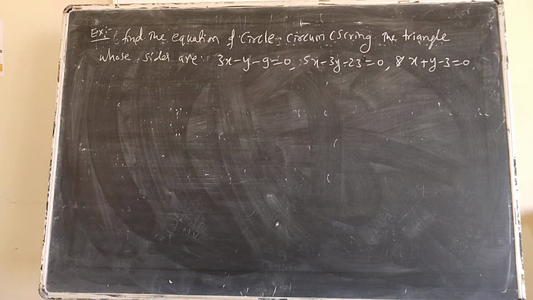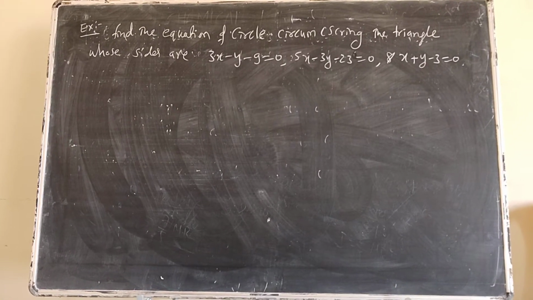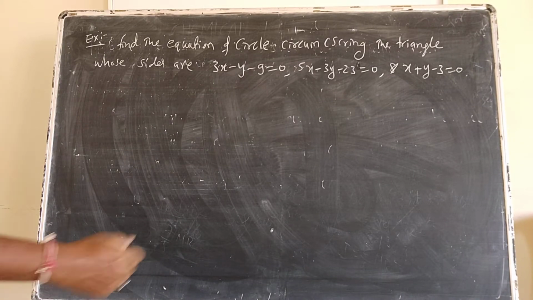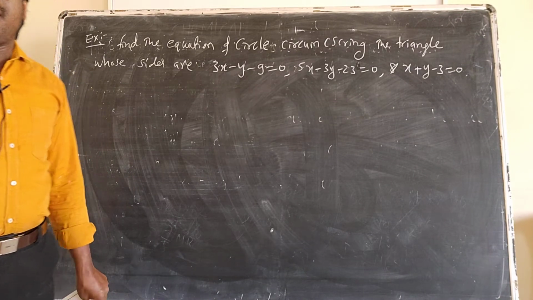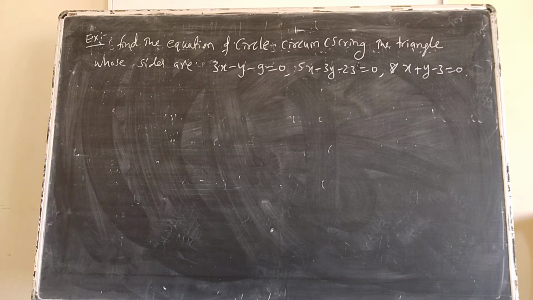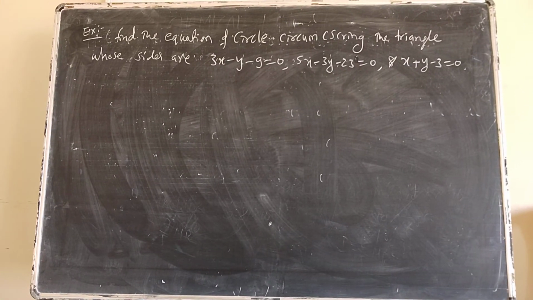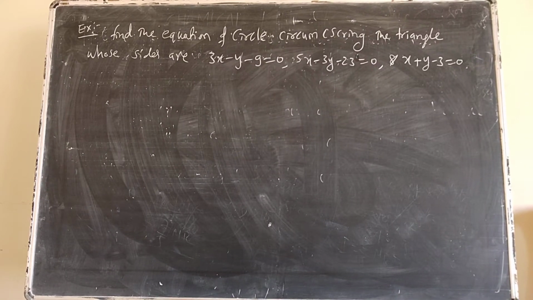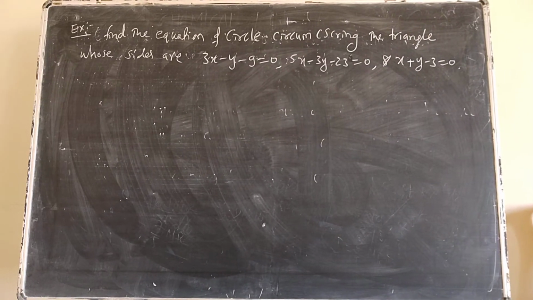Let's solve the problem on the family of circles. Properties number 5 and 6 are both the same, as you know. They look the same, but the equation is a little different, while the solution is the same. So I am going to give only one example on this, because both look the same.